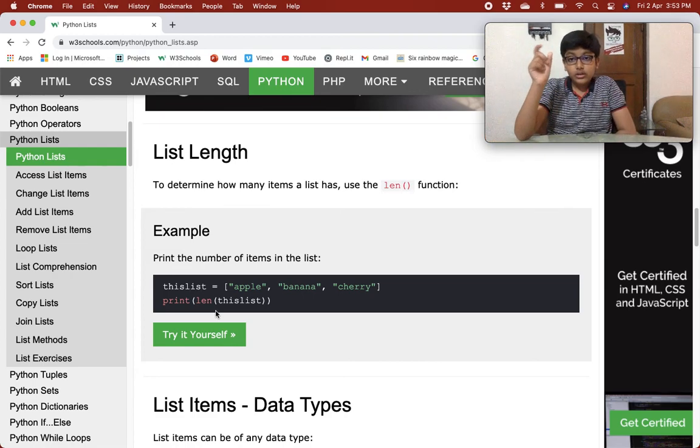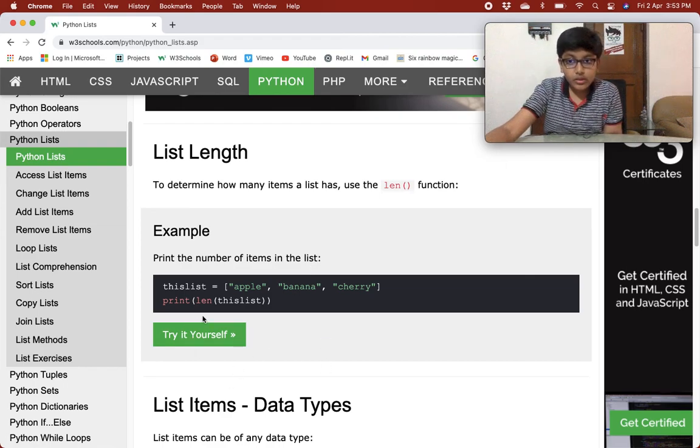That number says how many items the list contains. Right now we are checking the length of this list and then printing it. Length will return 3 as there are 3 items in it. It would not return 2. The first item's index is 0, but it has no relation with the length. The 0th element is the first item, the first element is the second item, and the second element is the third item.